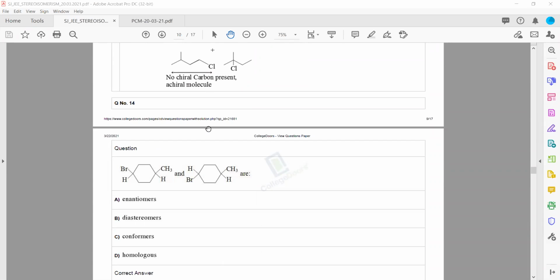Next one, the relation between the two compounds given is, what type of isomerism will this show? Geometrical isomerism. And there was a very important statement: a pair of geometrical isomers is simultaneously a pair of diastereomers, which are not mirror images of each other. So obviously if these are geometric isomers, then they are diastereomers too. So the answer was B, indirectly asked.